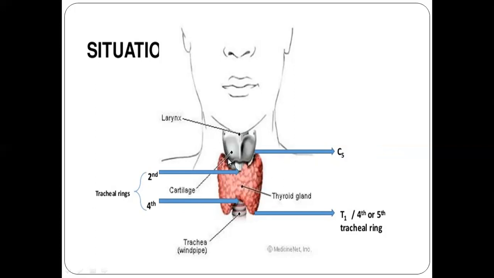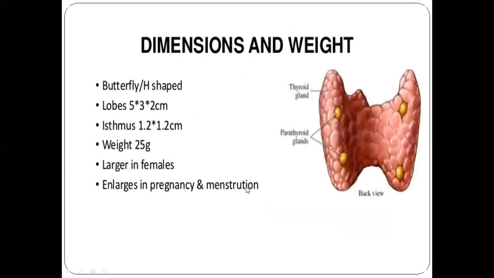So this is the thyroid gland again. This is the isthmus. This is an outpouching of the isthmus, that's the pyramidal lobe. These are the two lateral lobes, and they are connected to each other via the isthmus. So this is the posterior surface of the thyroid gland. These are the parathyroid glands, the superior parathyroid gland and the inferior parathyroid gland.